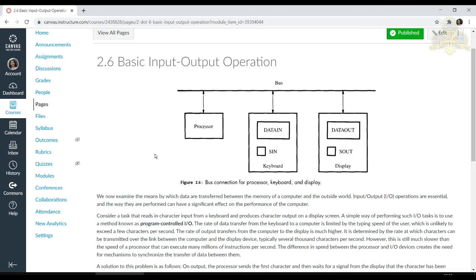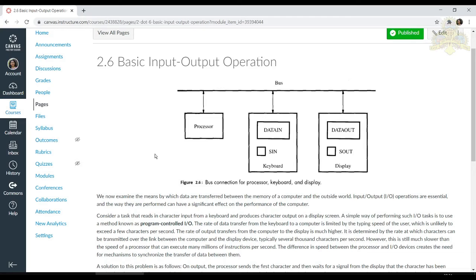So input device speed is limited by the typing speed of the user. Say you have taken 2 seconds to hit a key from the keyboard; in the same 2 seconds, the output device would print or display thousands of characters.